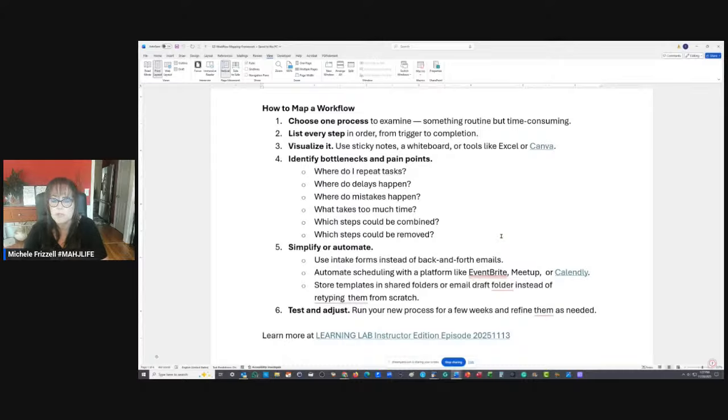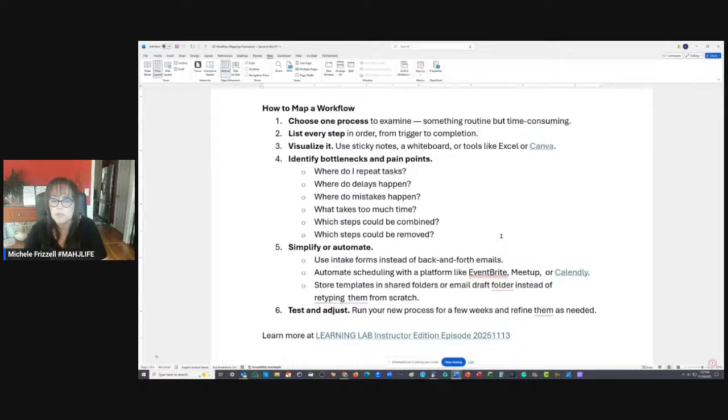So think about that. And this is where I'm thinking that a template might be helpful for the presentation rehearsal, just as a reminder of what to check, because sometimes you cannot see the trees for the forest and you may miss something. So once you go through the simplify and automate step, then you want to test it and then make adjustments and then revisit it.